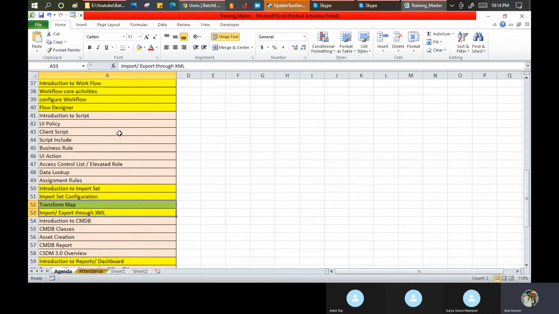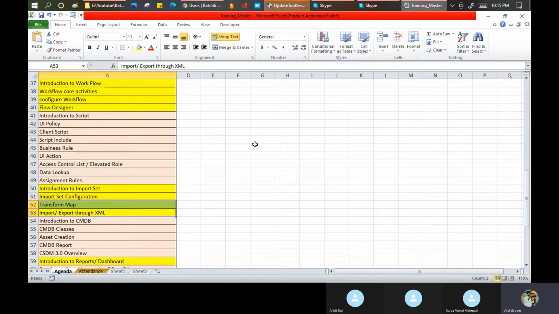Right. But I'll give you a little practical example. In the user table we have just 50 fields, but in the CI table we have more than 100 fields. Yeah, correct. So in this case I'll not recommend going via this Excel format.